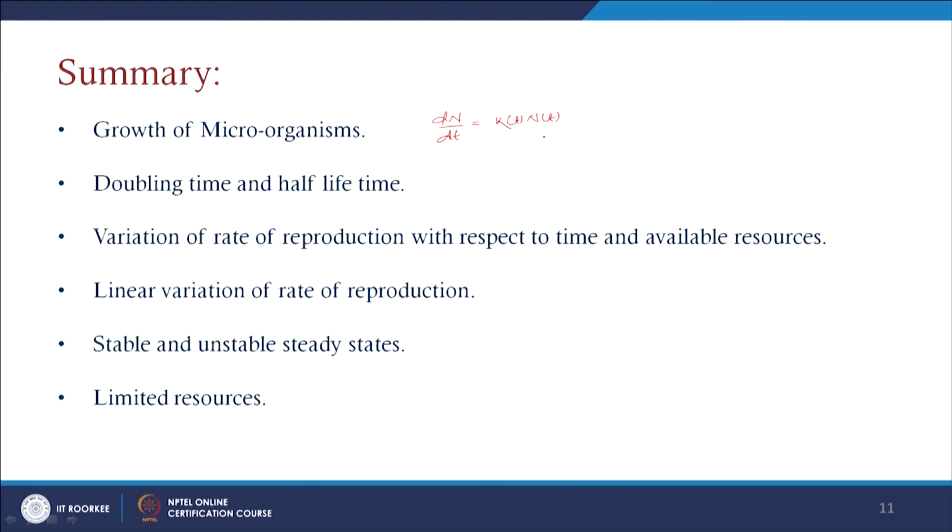Lastly, we discussed how the population level varies with respect to the resources available. If the resources are limited, even with this restriction the population level will grow. And if resources are plentifully available, sometimes we find that the population level also maintains the same level when we go for the stability condition for the steady state.